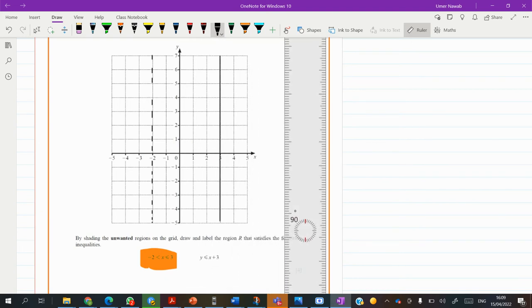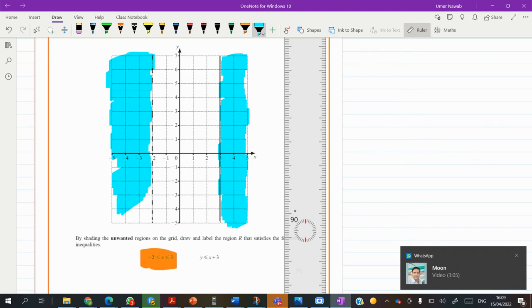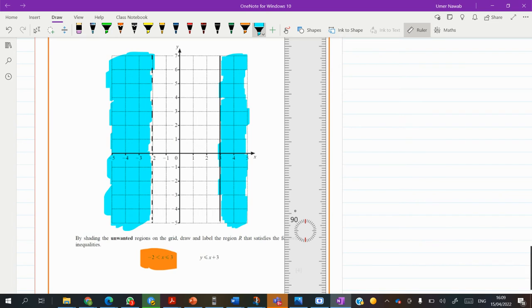Don't shade the portion which is in between minus 2 and 3. We have to shade the outer regions of 3 and minus 2, because he said take all the values between minus 2 and 3. Now the next line is y is equal to